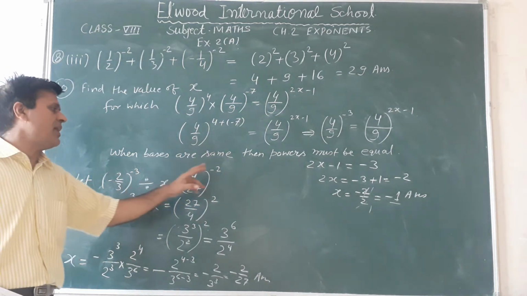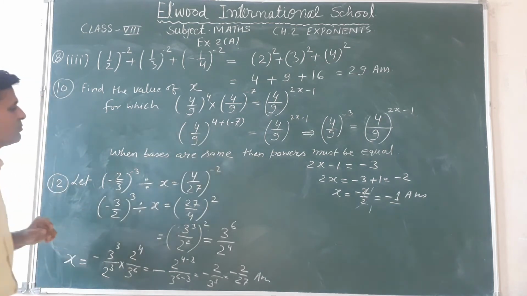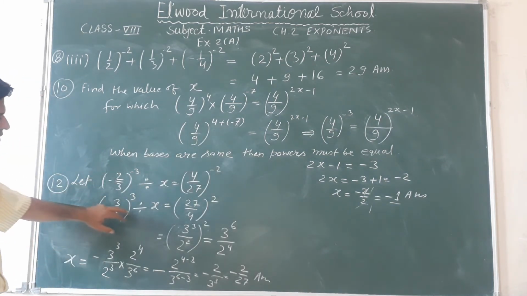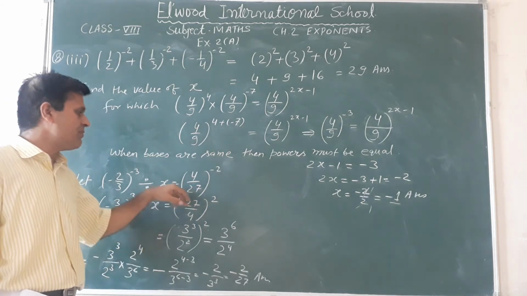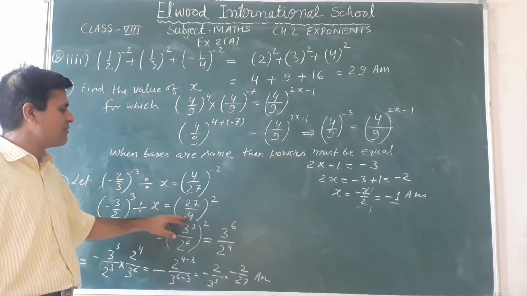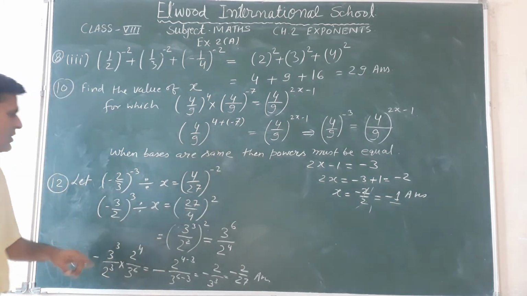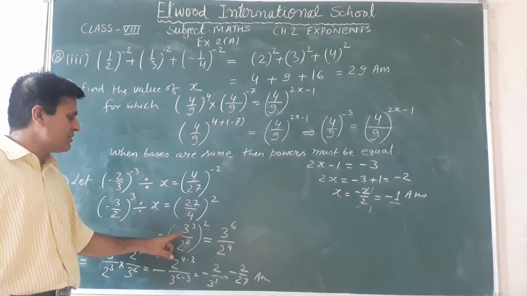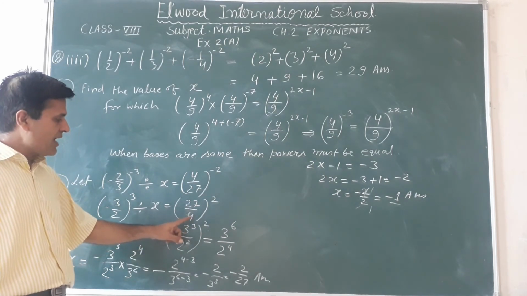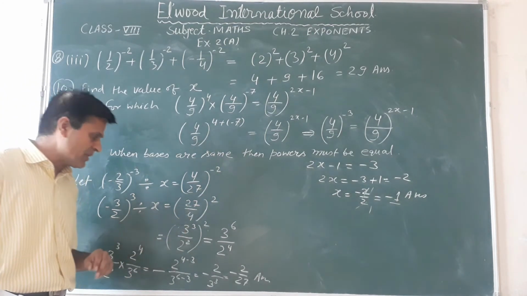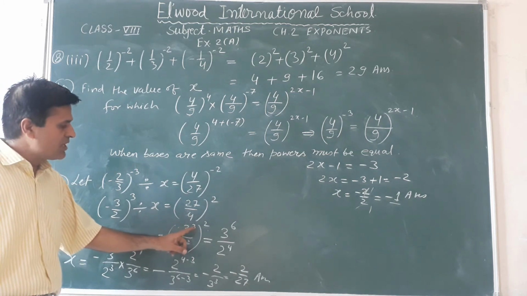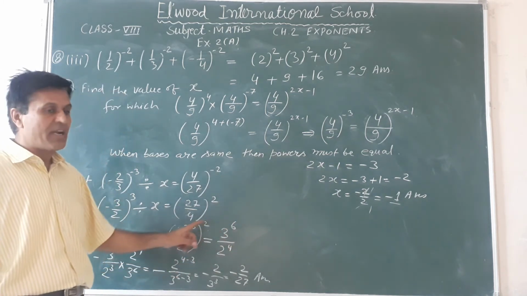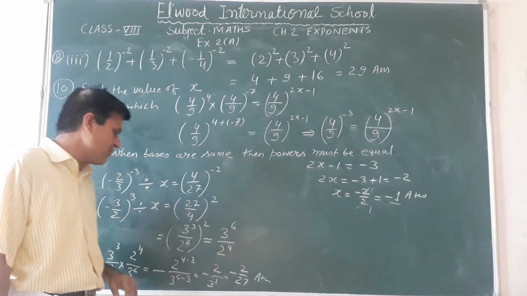First of all, I will convert negative powers into positive powers. So the reciprocal of 2 upon 3 will be minus 3 upon 2, divided by x, and the reciprocal of 4 upon 27 will be 27 divided by 4 with power 2. Now I will convert this into exponential form. So 27 is equal to 3 raised to power 3 and 4 will become 2 raised to power 2. So 3 multiplied by 2 is 3 raised to power 6, and 2 multiplied by 2 will become 2 raised to power 4.